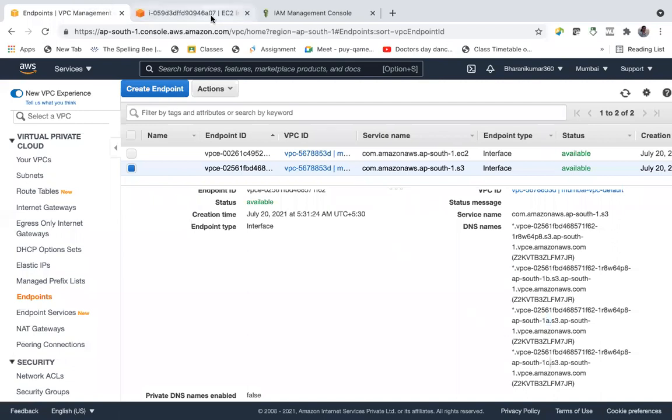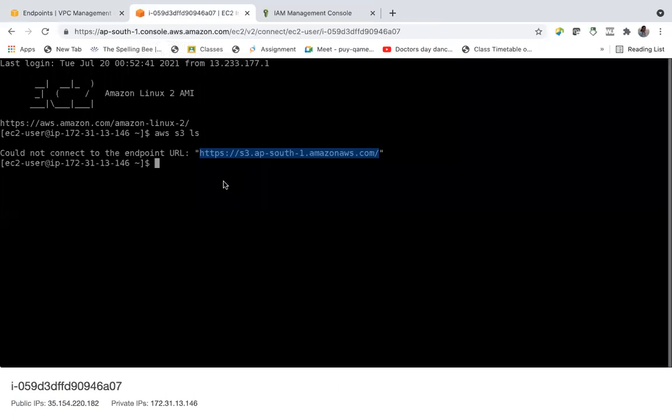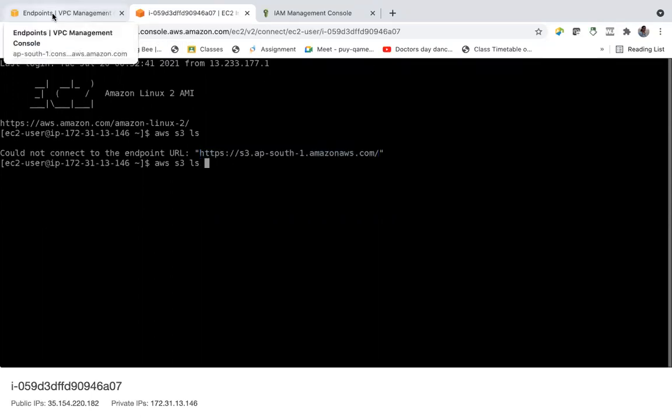So to use this, we have to say s3 ls and endpoint URL, and of course region.